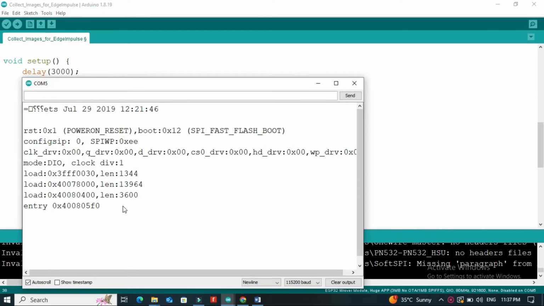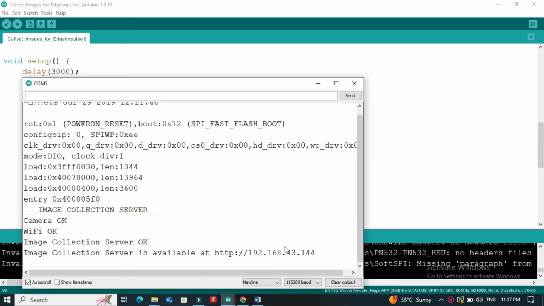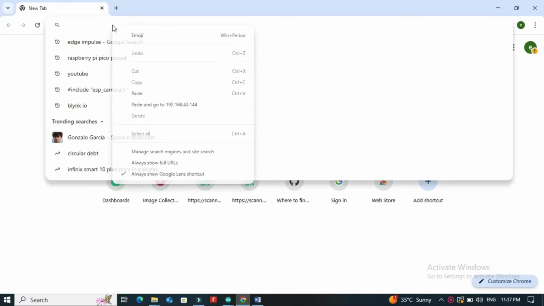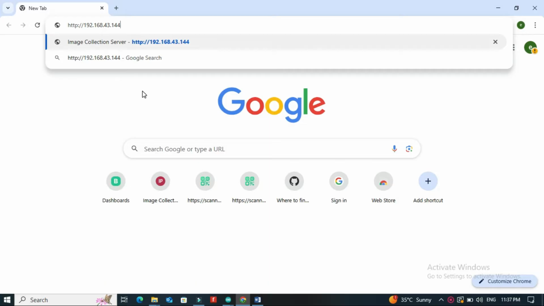Open the serial monitor to get the IP address. Paste that IP into your browser, and you will see the live video stream.